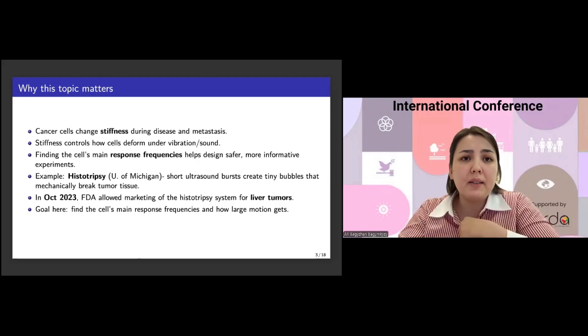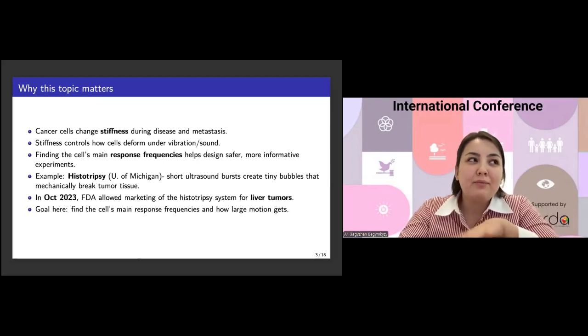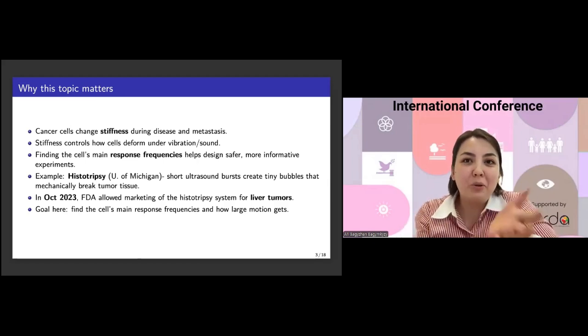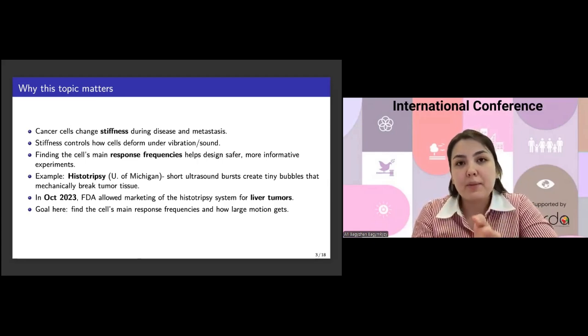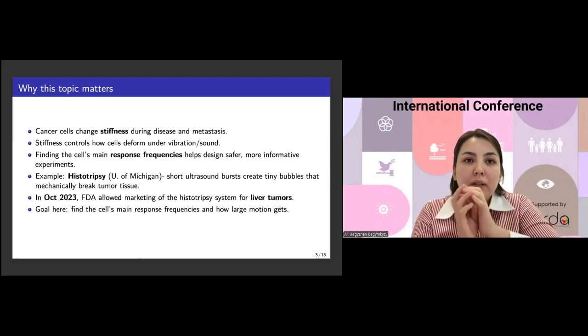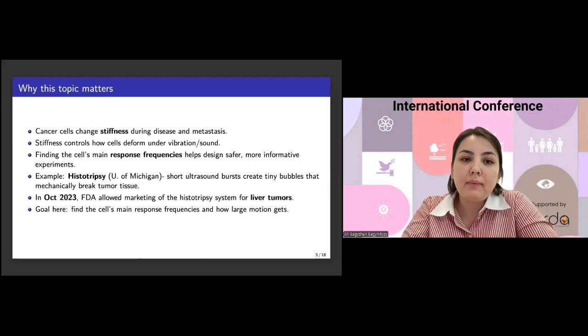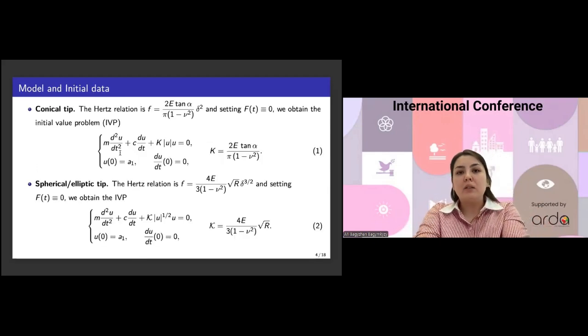So our main goal is not to model the full histotripsy process. Our goal is more basic: we want to find the main response frequencies of a soft cell and understand how large the motion can become. So this is our main